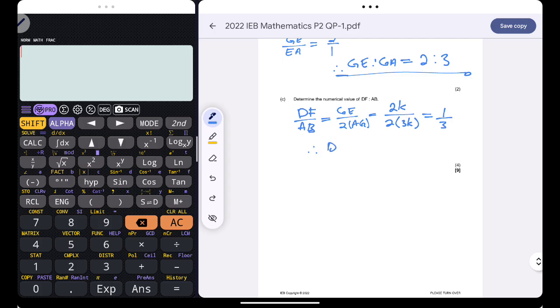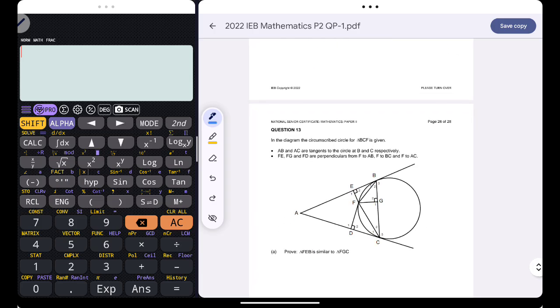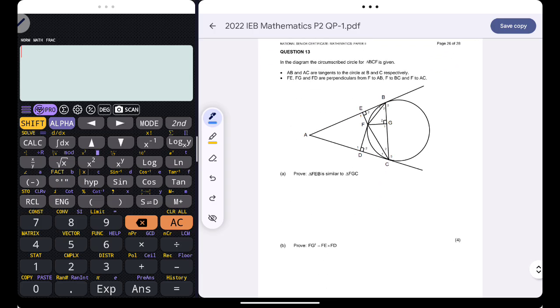So the ratio of df to AB is equal to 1 is to 3. That's how, guys, we would have answered the proportionality question. Now let's move to